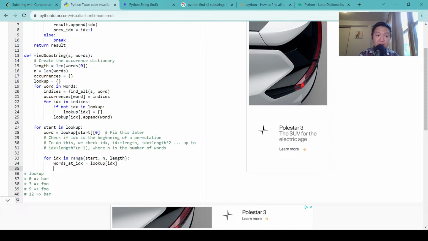Words can duplicate, in which case, all hell breaks loose. We're not going to consider that first. We're going to do the following. So words at IDX equals lookup IDX. We are going to take that word and we're going to stick it into a... if words at IDX dot empty, then